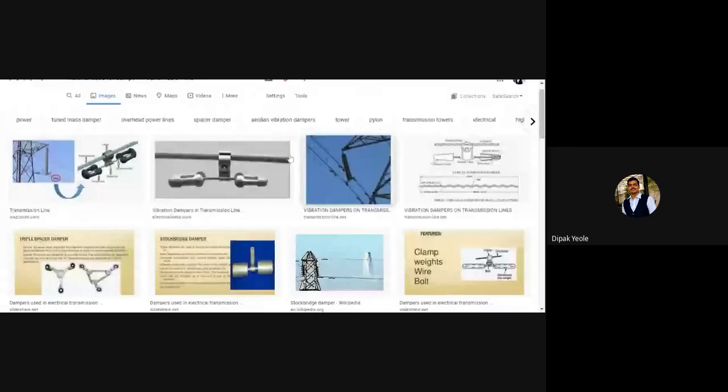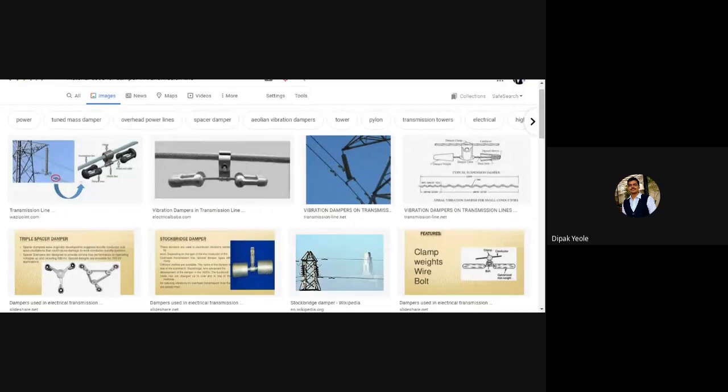I ask you the question, which material are we using for the damper? So has anyone found this answer? They can answer GI, galvanized iron. Okay. Again, any other answer? I am asking for a damper. So which material can we use as a damper? The correct answer is we are using an aluminum alloy for this.